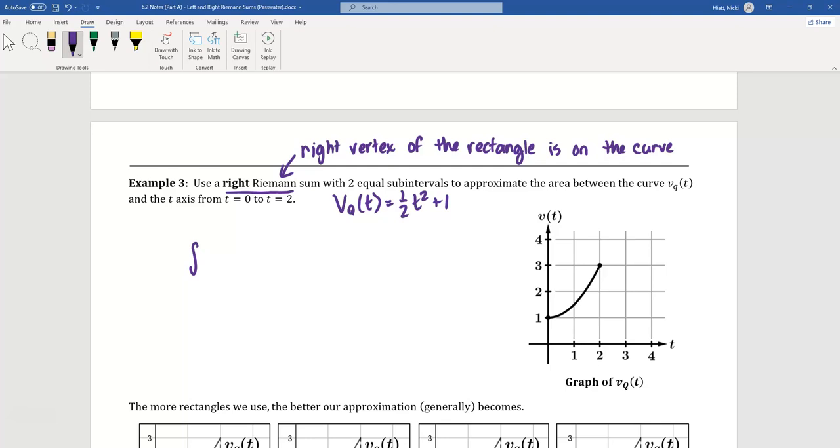But if they want you to give the exact answer from the equation, they'll give the equation to you. So we got the integral from 0 to V sub Q of T dt. That means the area under the curve here from 0 to 2 is approximately, now for these rectangles, same thing, two subintervals from 0 to 2. So each one of these rectangles is going to have a width of 1. But this time, you want the right endpoint of the rectangle to be on